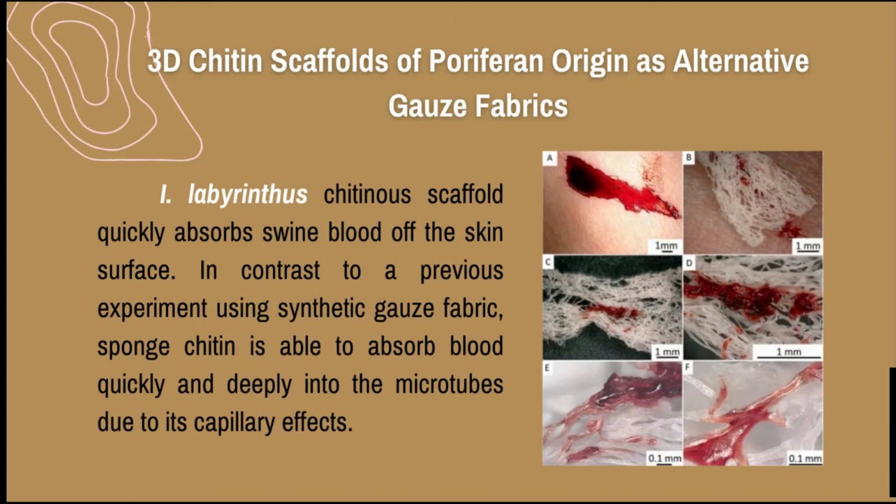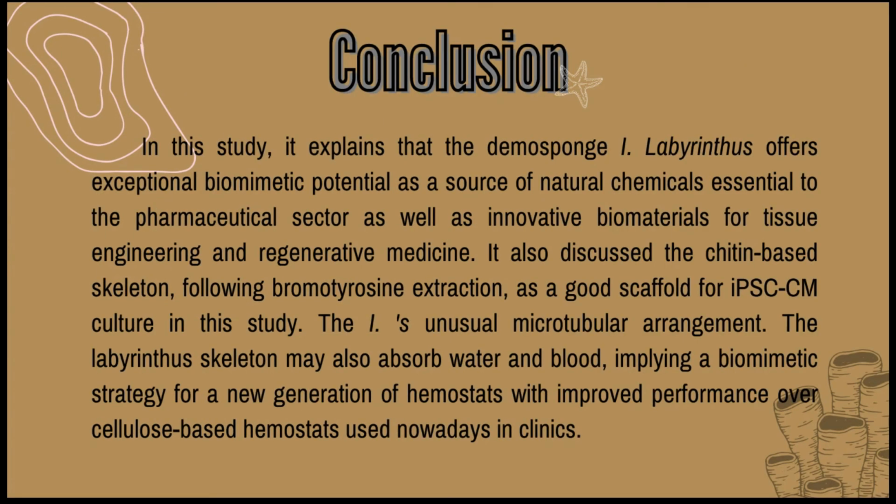Furthermore, in order to develop unique and effective hemostats, the biological performance of sponge chitin-based absorbable hemostats must be evaluated and compared to reports for cellulose-based materials for safer hemostatic agents, primarily in places where access to existing hemostatics is limited. Significance of this research: we found that chitin of Poriferan origin has been recently recognized as